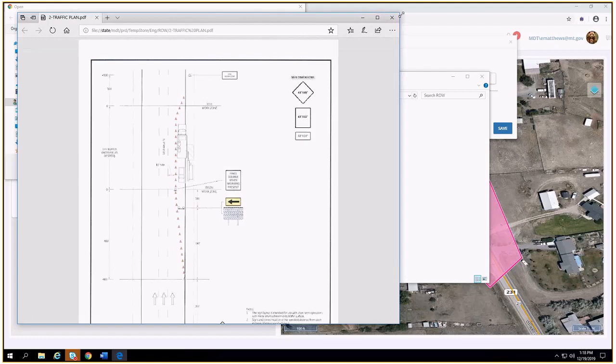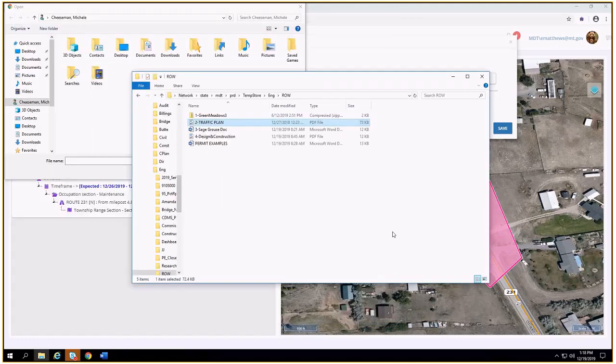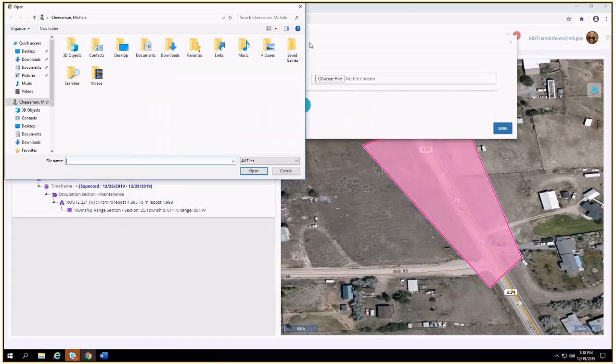Okay, so I just sent in the simple one with the signing on it. That would be it. Okay, after we complete that,